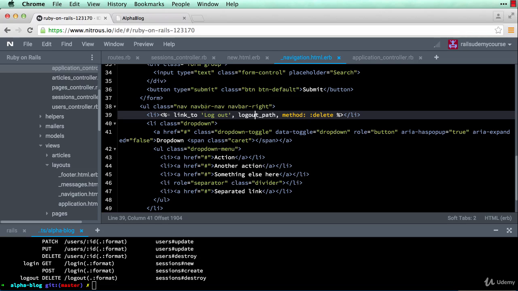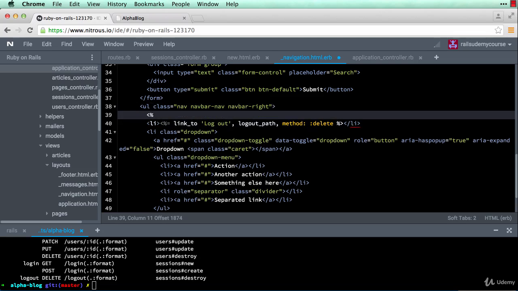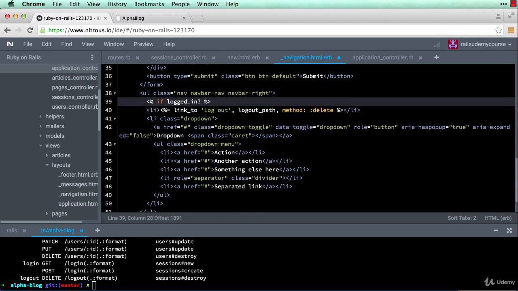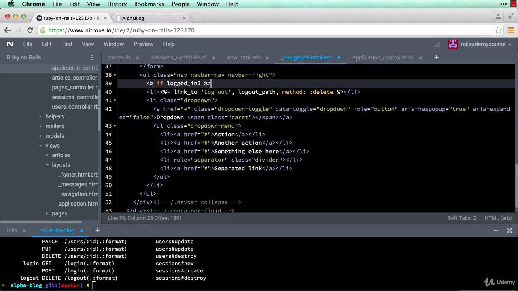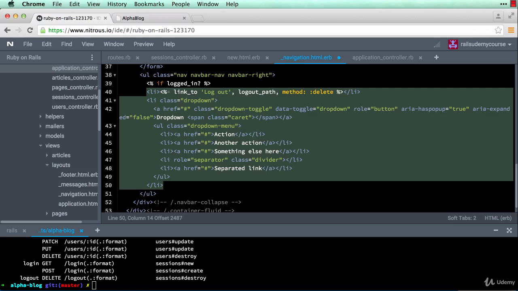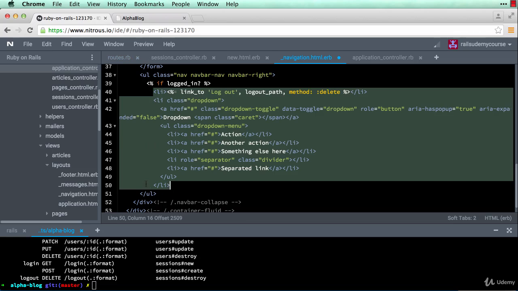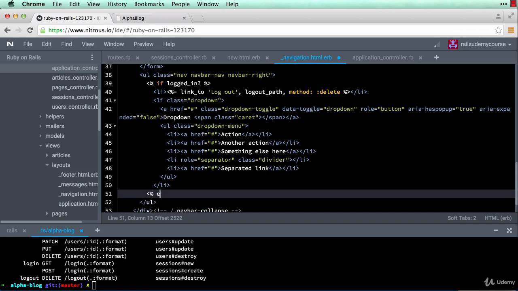So right under this ul class over here, I'll enter an if condition. So embedded Ruby, if logged_in?, close embedded Ruby. So if the user is logged in, then I want to display this logout path, and I want to display this dropdown that I have. So I will tab all of this over once up to this li right here. This li closes here, so Command right square bracket, and then else, meaning if the user is not logged in,